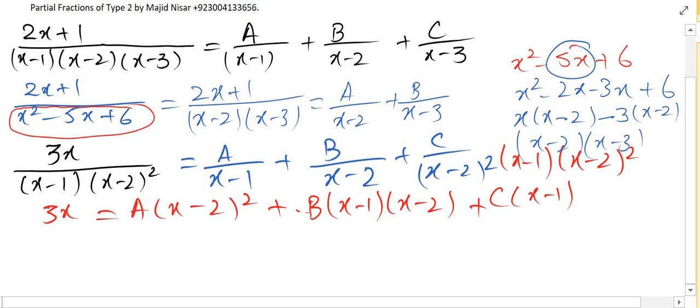How can we solve? Just like in type 1, we have to put x equal to 1 or x equal to minus 2. So when we put x equal to 2 here, what will happen? It will be 2 minus 2, 0, and 0 multiplied by anything is 0, so a will be eliminated here. So let us say x is 2, so 3 times 2,